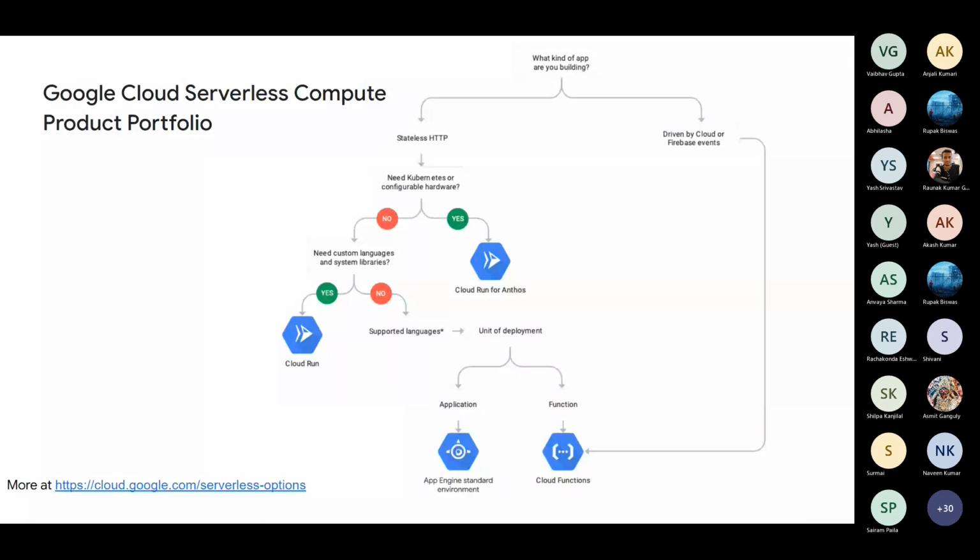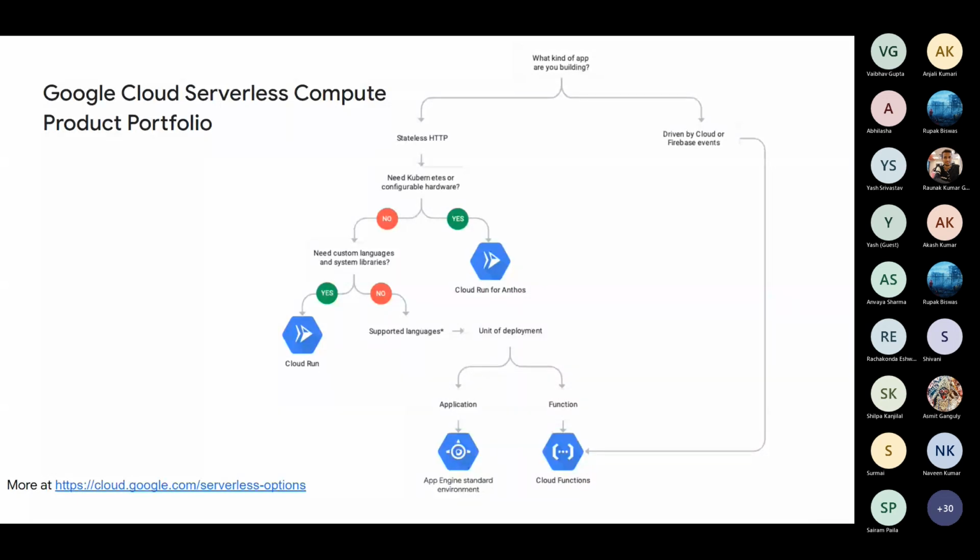If the app is driven by Cloud or Firebase events, then you can just use Cloud Functions. Or if this app consists of stateless HTTP, stateless HTTP means all the HTTP requests are independent. No HTTP request depends on its previous request. So if your application consists of stateless HTTP events and you don't need Kubernetes services, then